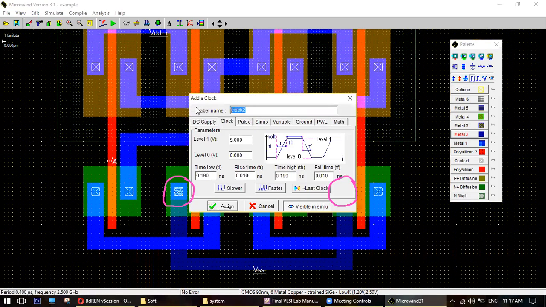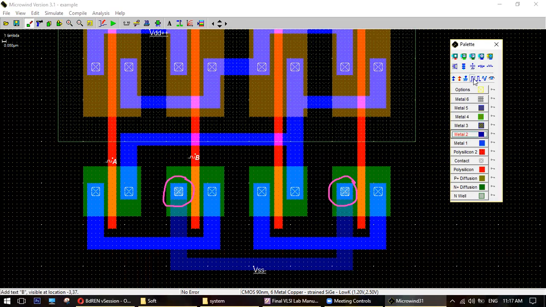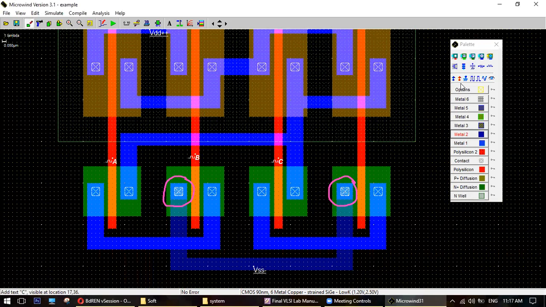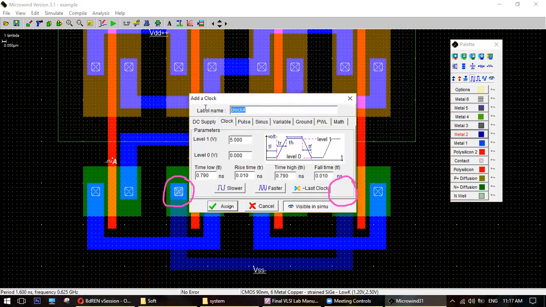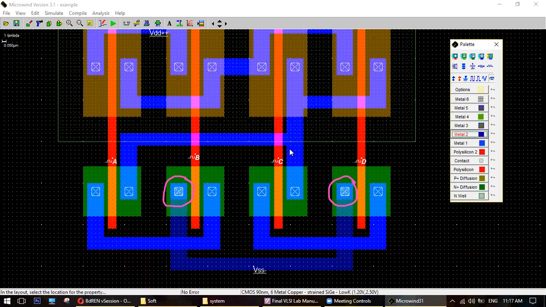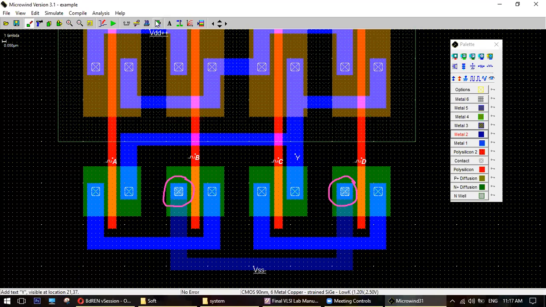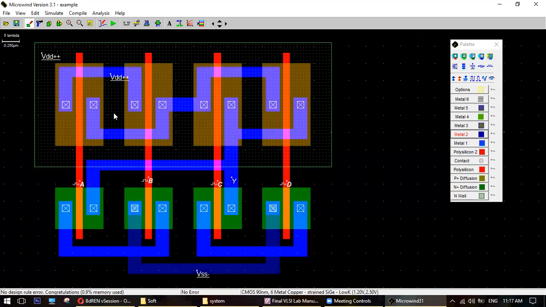This is B. C. And this is D. And our output will be here. This is Y. Okay. Now, if there is any error, no error is there, right? Yes, sir. Since no error is there, we can actually simulate this. This is our design. Simulate.